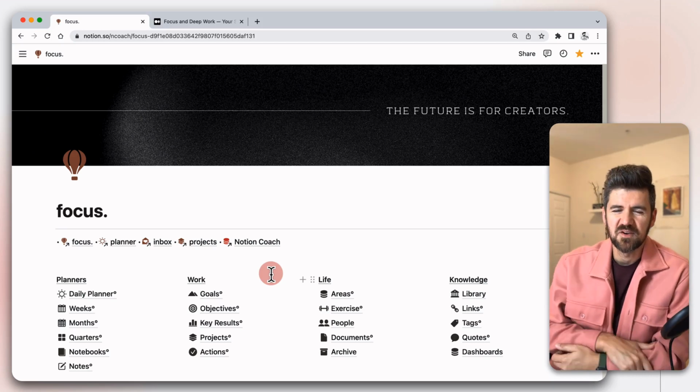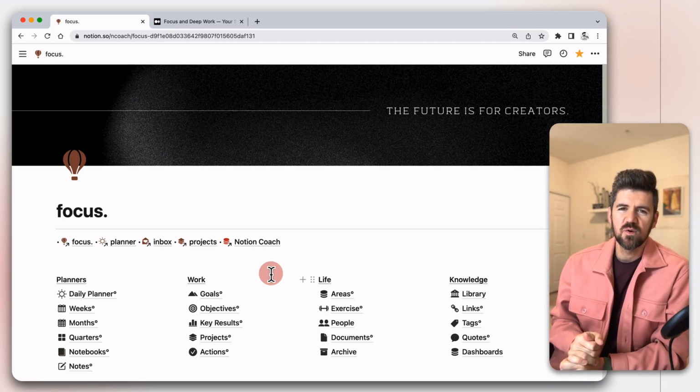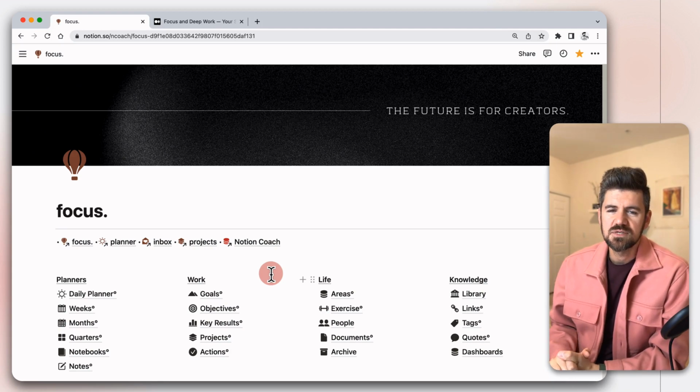Hey there, I'm Dave, the Notion coach, and in this video, we're going to take a look at how to use a browser extension called Save to Notion. This is super helpful in terms of quickly saving and organizing articles, websites, other resources from the internet, and having